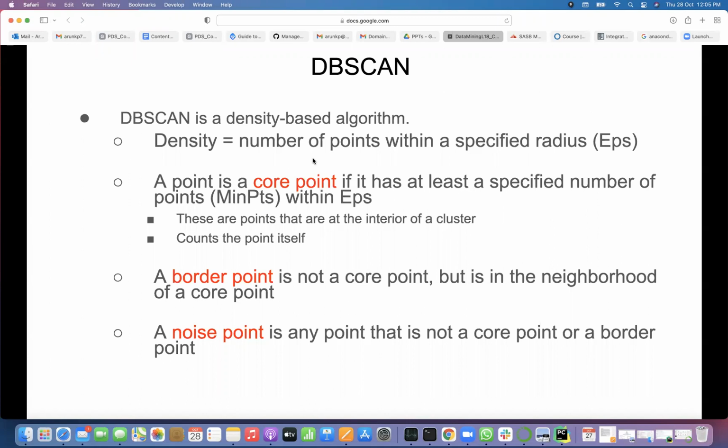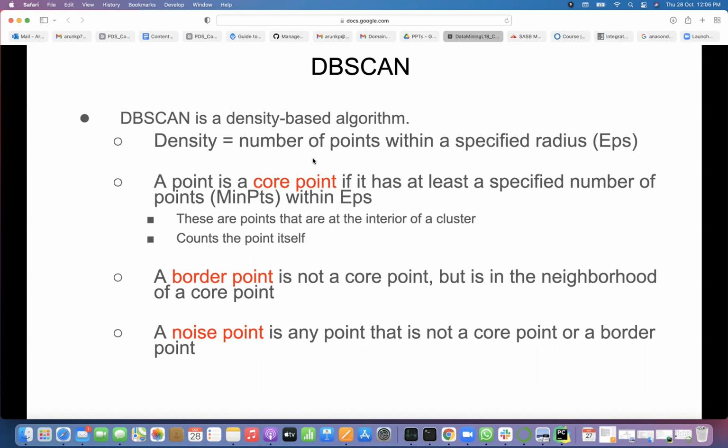Density is the number of points within a specified radius. If you take a point, then EPS is some distance, say within 1 unit of distance, how many other points are there? That number of points is called the density for the point.